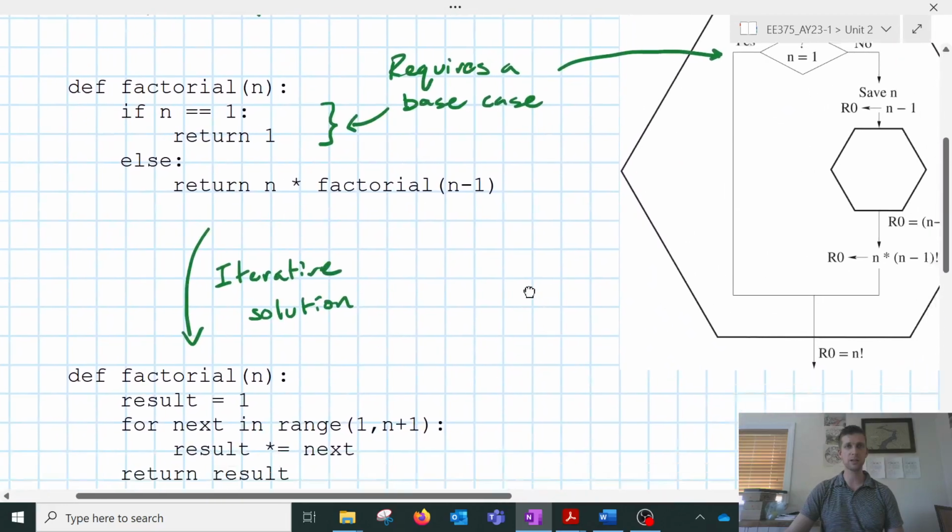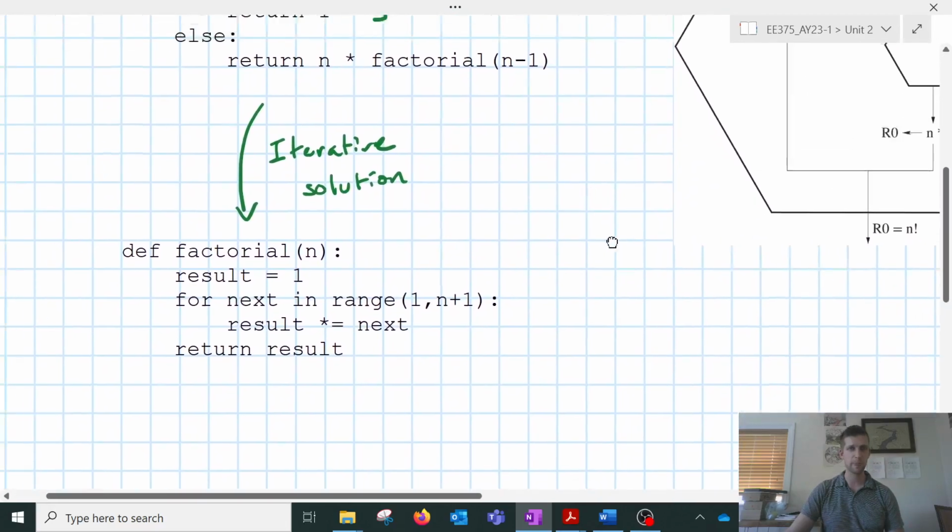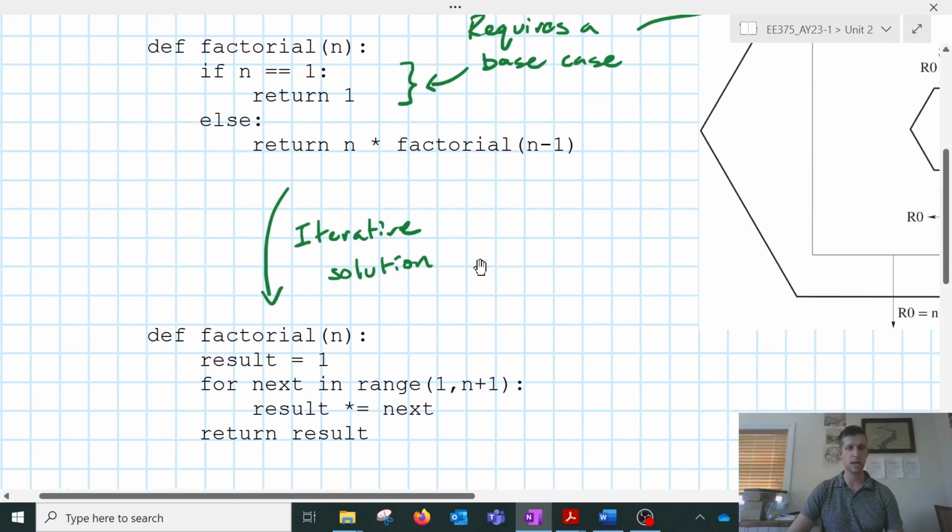So the last thing that should be mentioned about recursive functions is that logically, every recursive function can be implemented in some iterative fashion, meaning using a loop of some kind. So here's an example of defining the factorial function using a for loop instead of a recursive function call. And this is one of the reasons why the book says factorial is a bad example of recursion, because